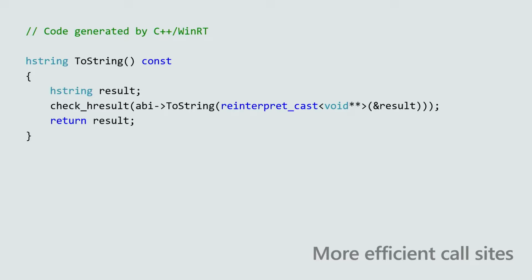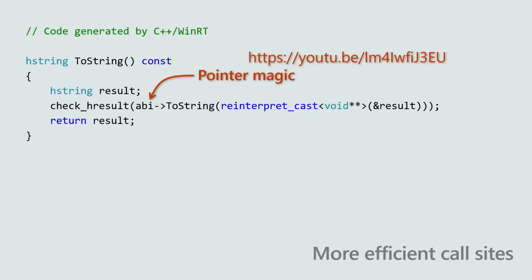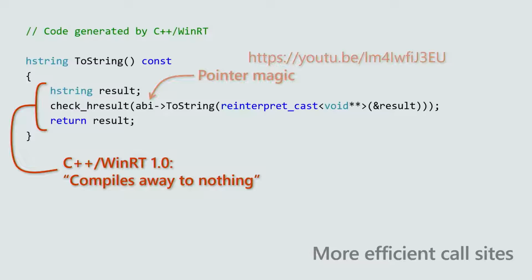So this is an example of basically the code that was generated for C++/WinRT 1.0. Now, there's some pointer magic here that I'm just going to hand wave over. James McNellis and I gave a great talk at CppCon a few years ago where we really drill into this. But for the purpose of this demonstration, I want you to just look at the implementation itself. The philosophy around this was essentially to say, the C++/WinRT language projection is going to generate the code for you in the way that you would naturally write it. So it's not going to add any overhead on its own.